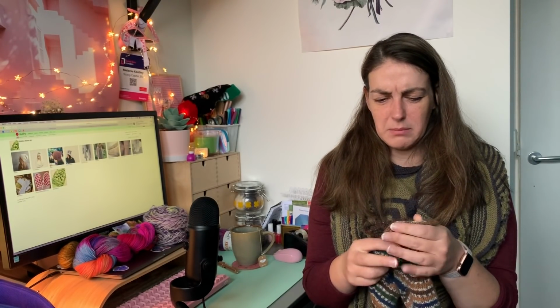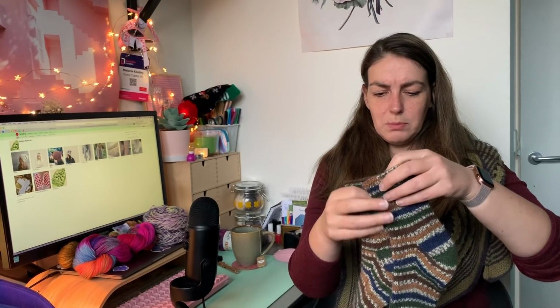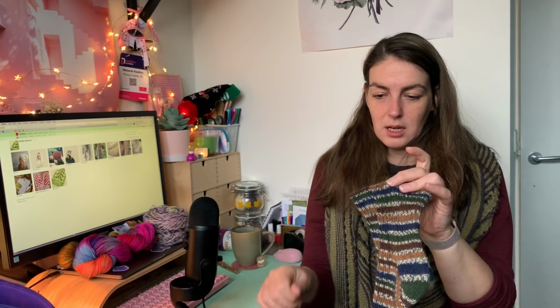These are what I just call my fall or autumn socks. It's West Yorkshire Spinners, and I think this is Mallard from their bird collection. I'm not super sure, but